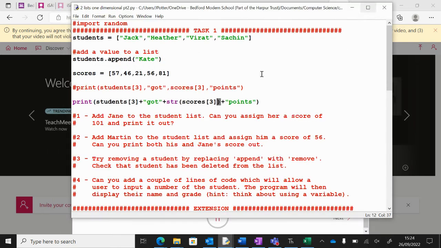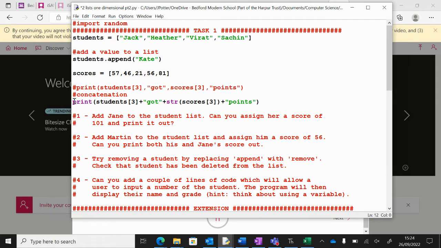So if you ever have a sentence where you need to eliminate a space, you can use the plus sign to do it. But make sure if you have any integers in there, you convert them to a string first. We call this concatenation, when we're adding things together within a print statement.